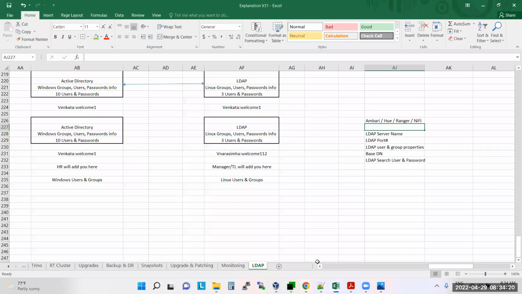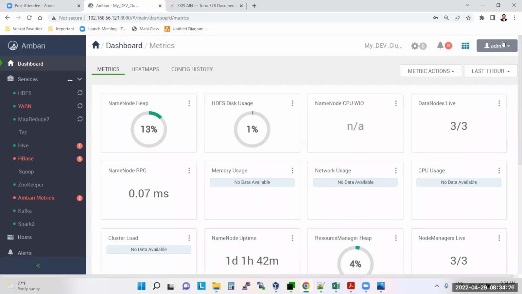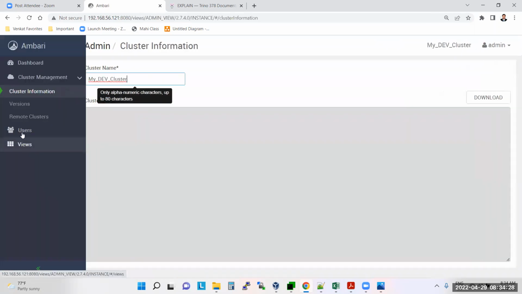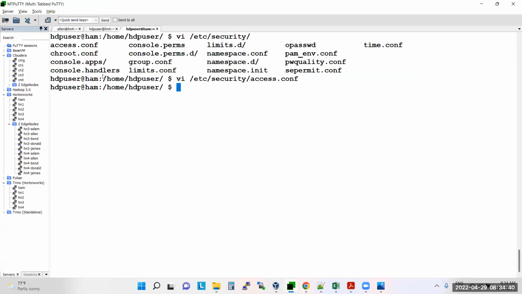No. Okay, so now I installed Ambari, right? But is it integrated with LDAP? It is not integrated. So it is using local users. Manage Ambari users, these are the local users it is taking. Understand? There are only 2 local users. Suppose now I can also integrate LDAP, so what I will do is say